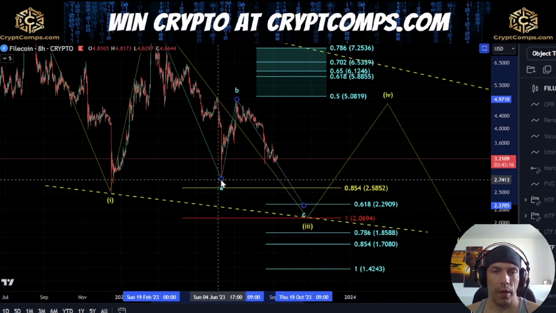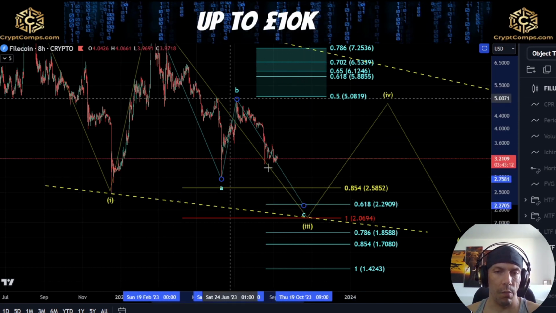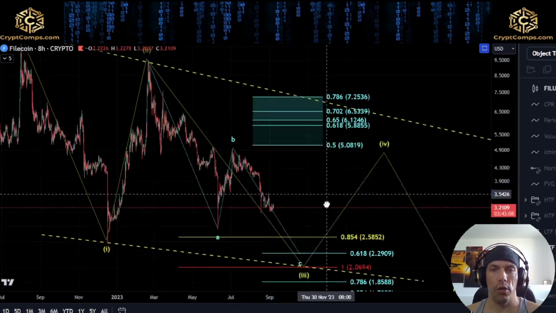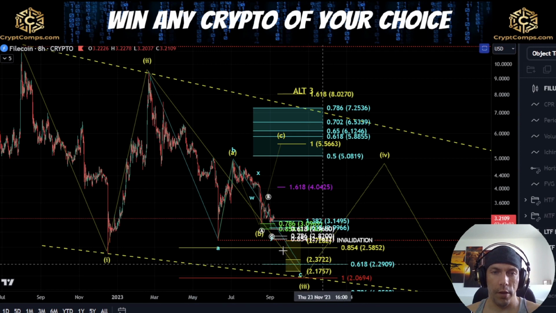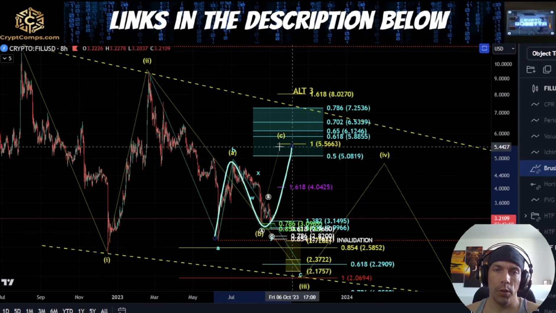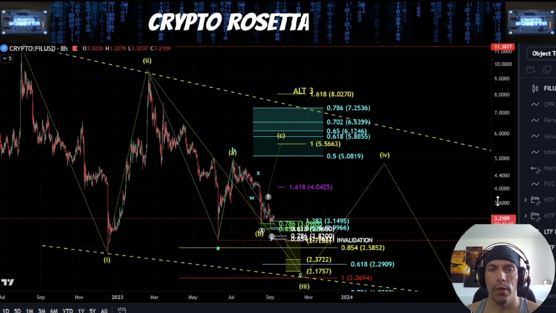Really, once we cross the A wave, there is always the possibility of truncation, but what I'd like to see more is actually seeing this sweep this wave 1 and then look to push down into this level. If we do start to follow that bullish idea here, where we can see this as A, B, and C, we need to be careful that unless we actually hit this 1.618 here at this 802, that this move could